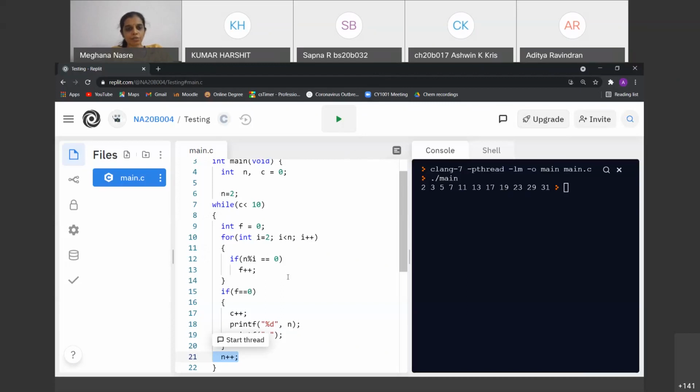But I would like you to inculcate these good coding habits, and I hope, Aditya, you don't mind these comments being given here. But this is not for you, this is for the interest of everybody. So thanks, Aditya. Any other comments or questions that anybody has before Aditya stops sharing the screen?